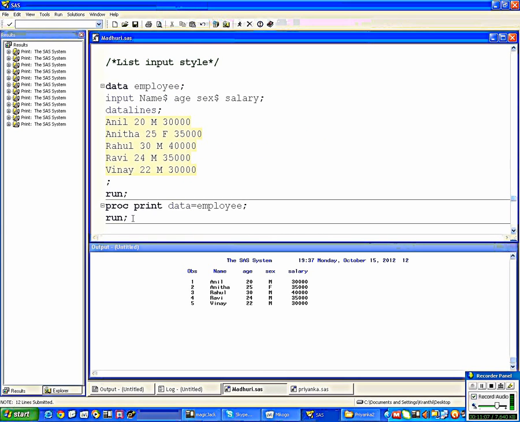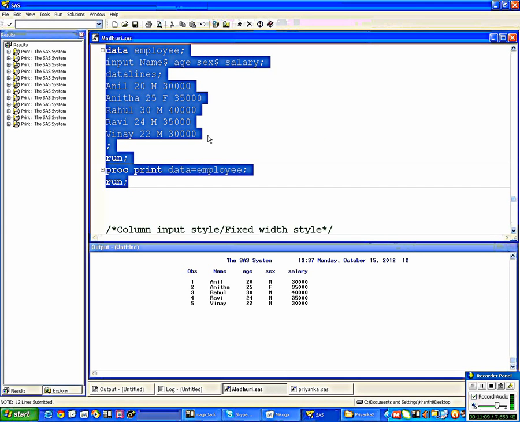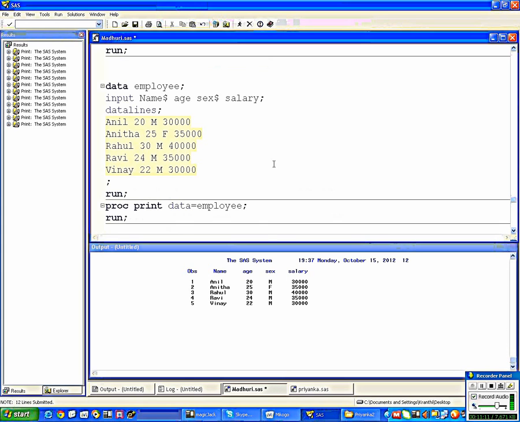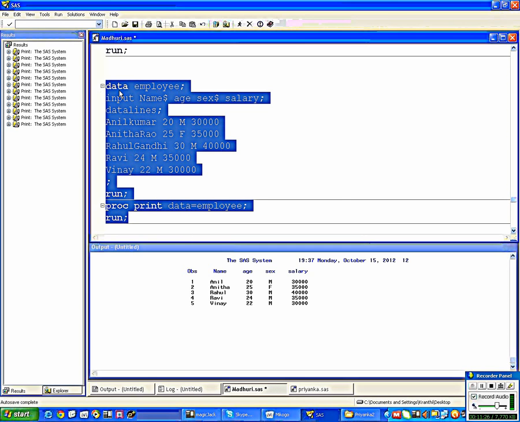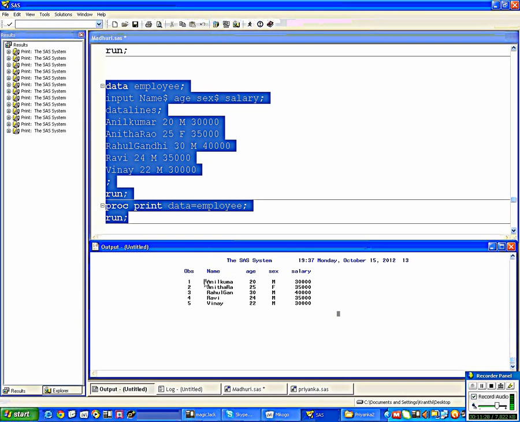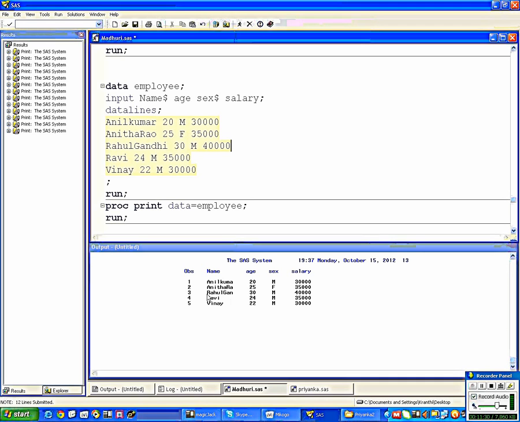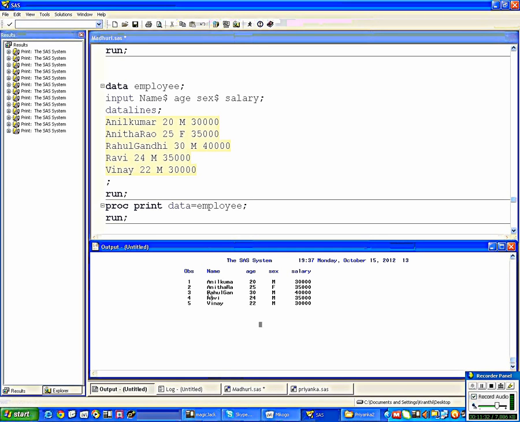But if the data contains observations or values more than 8 length, see for example, Anil, if I am giving Anil Kumar, some Anita Rao, okay, some Rahul Gandhi, like this, submit this. See, it's not giving the complete Anil Kumar, right? Rahul Gandhi also is not giving.